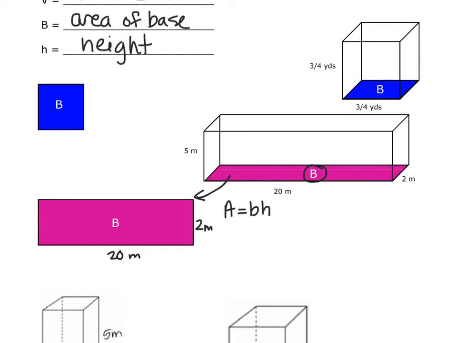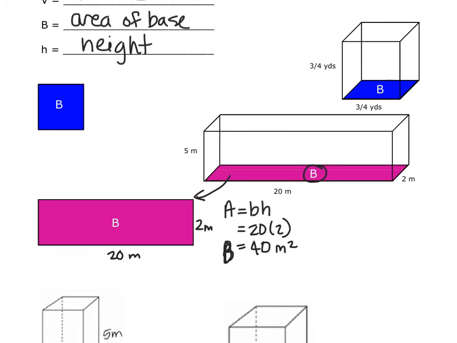And I can use my area formula that I know: 20 times 2 equals 40 meters squared. So the area of the base, which I'm now going to flip to a capital B,